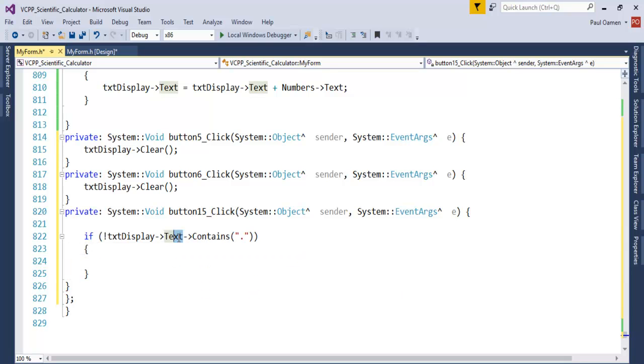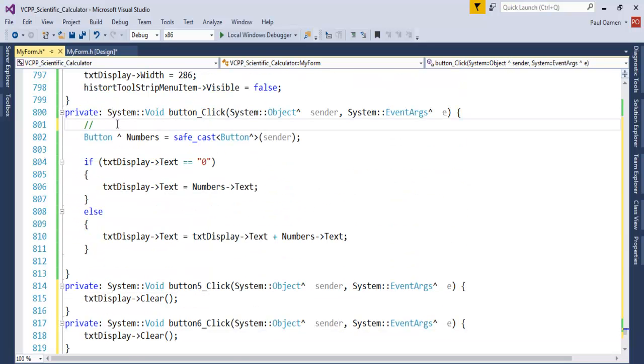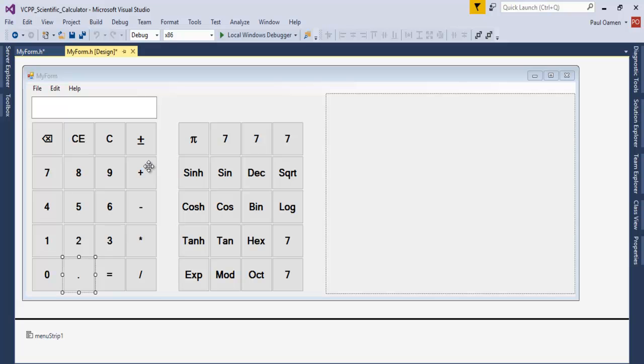So txt display equals txt display plus, let's add our decimal point. That's it. You see this line of code here, and this will generate the decimal. So let me even enter decimal point right there. And this is for clear. This is buttons, numbers. Okay, now the last one here, this, I'm going to group all of these operators,